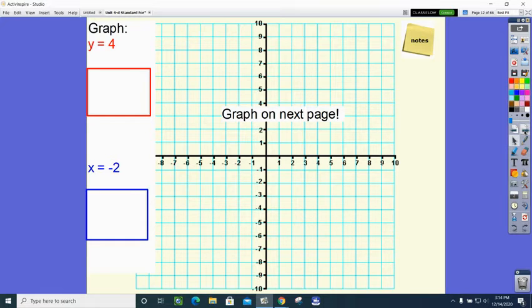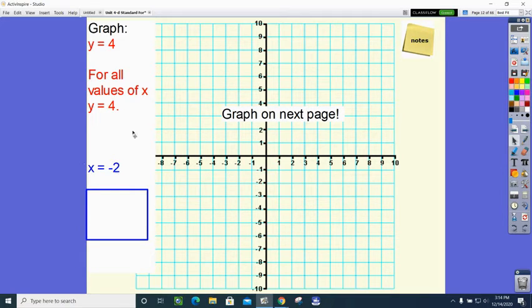Okay, so let's just talk about the weirdos. And I've talked about these in a previous video. But basically, what happens if you have y equals 4? That means that every point on this line has a y coordinate of 4. So (2, 4), (6, 4), (-3, 4). Think about that. So (2, 4), and (3, 4), and (-6, 4). And pretty quickly you can see that it's going to be a horizontal line through the y-intercept